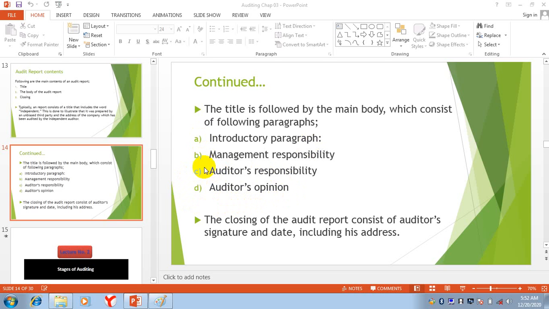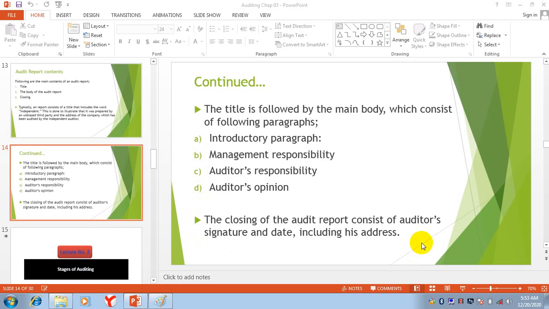These other things, I told you, are standard: the introductory paragraph, the management responsibility, and the auditor's responsibility. You will follow these standards, and then the auditor's opinion is the main thing. So these things will be included in the body of the report.